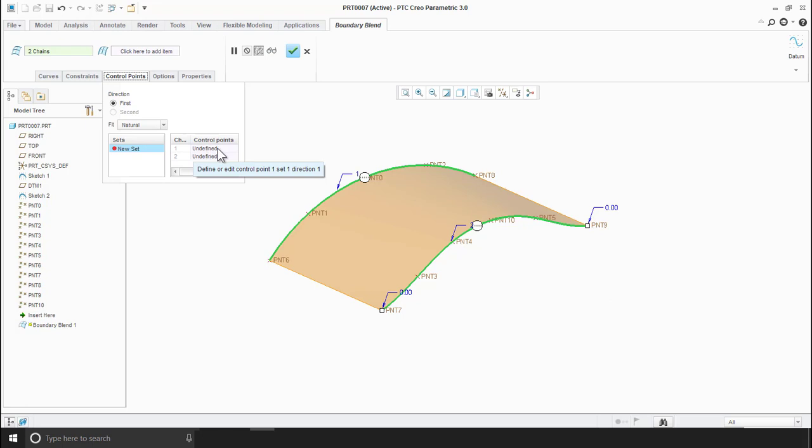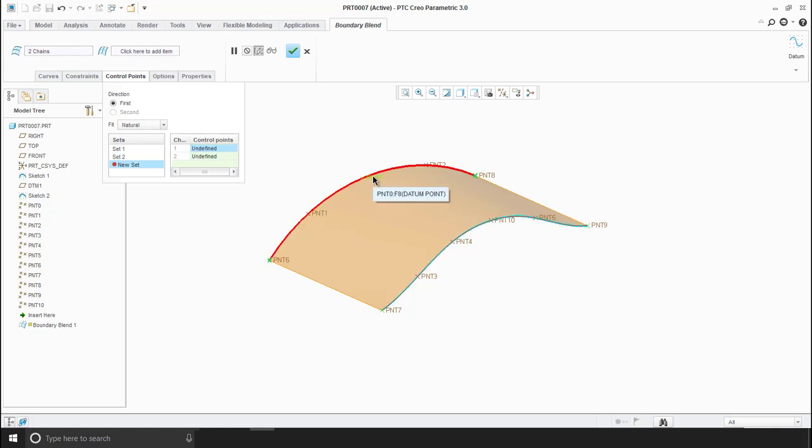Now I am going to set control points for the generated surface. So first we have to click here. Now I am selecting a point on the first curve and then selecting a point on the second curve. A new set will automatically come. So here I have to select the second point on the first curve and the second point on the second curve.